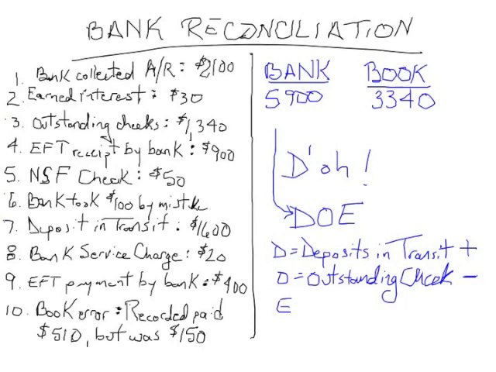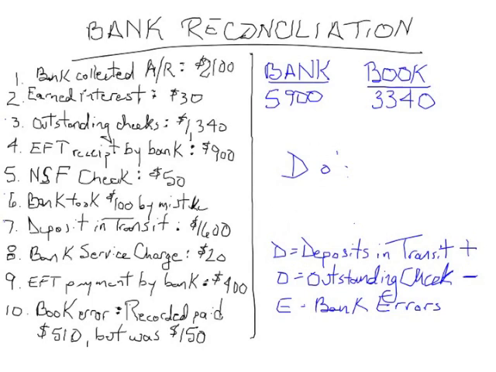And E is any bank errors. If the bank makes a mistake, they have to fix it. We can't fix their mistake, but we certainly want to do the reconciliation to see if they made one. We'll call them up and say, hey, you goofballs, that check was for a $1,000 deposit, not just $100. Okay, so those are the three reasons that we would make an adjustment to a bank balance,